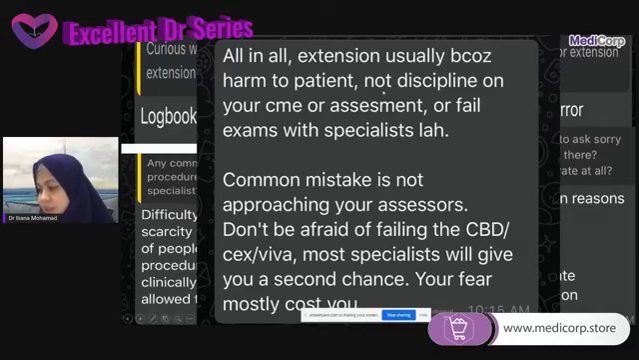And not disciplined on your CME or assessment means you didn't attend the required number of CME attendance or failed exam with specialist. So again, be ready, study early, ask questions, survey what are the favorite questions or common questions that will be asked during your off-tech assessment and also your end of posting assessment. Okay, you need to know what is your supervisor's style. Again, a common mistake is not approaching your assessor. Don't be afraid of failing the CBD. Most specialists will give you a second chance. Okay, and you need to know,